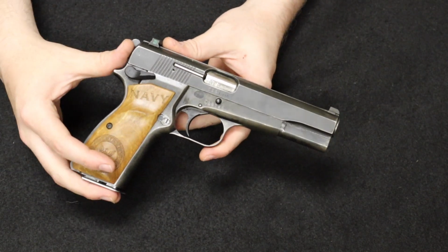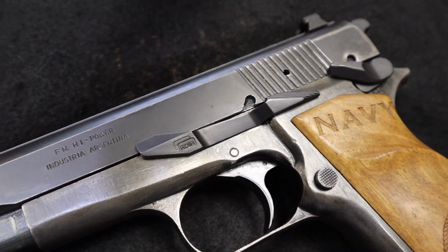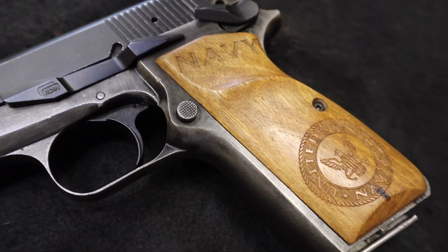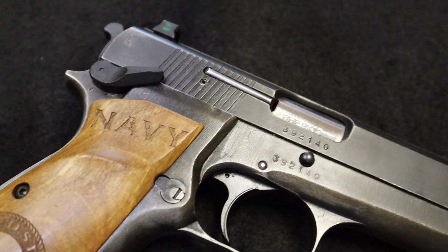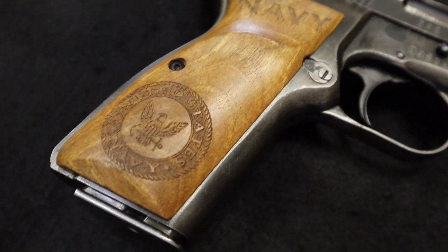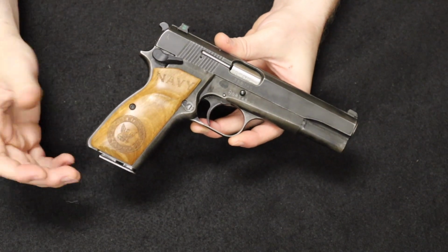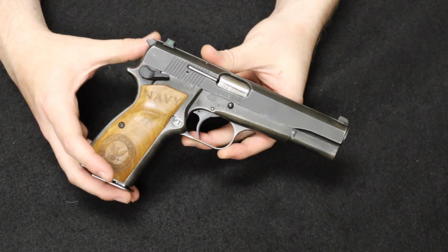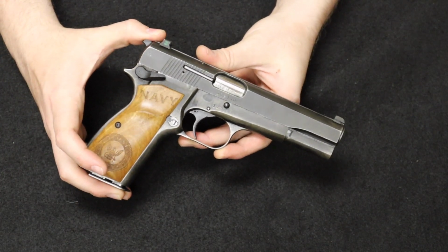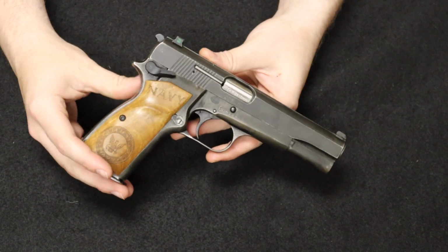Now, their domestic arms manufacturing house, which was FM, as stated here on the side of this slide, would actually take up production under license from FN, and FN would actually have overseers, if you will, in the FM factories, sort of overwatching production, making sure that the production standards were met to keep the quality up with the FN Hi Power model. This would happen from about 1969 through 1989,